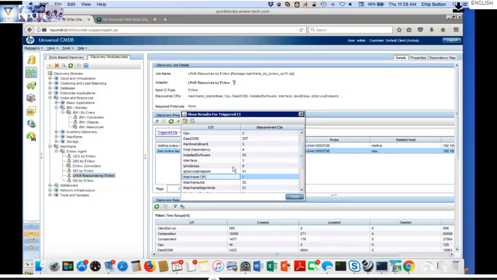So if we look at a particular CICS system here,